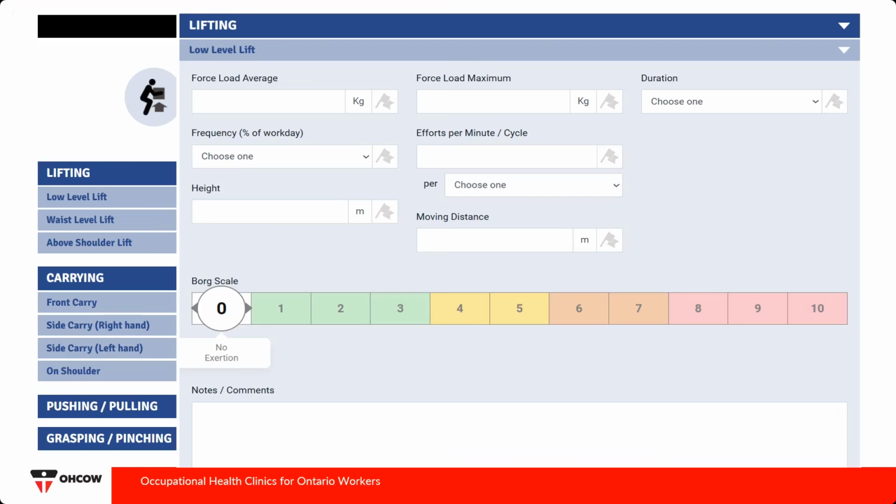Then you'll be able to go in and put your forces, your loads, the durations, the frequencies, the efforts per minute or cycle, the height, the moving distances. Again, there's a spot where you can explain if you have anything that you might need to explain about this certain